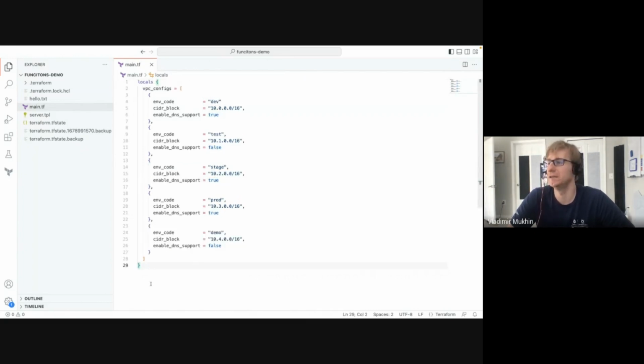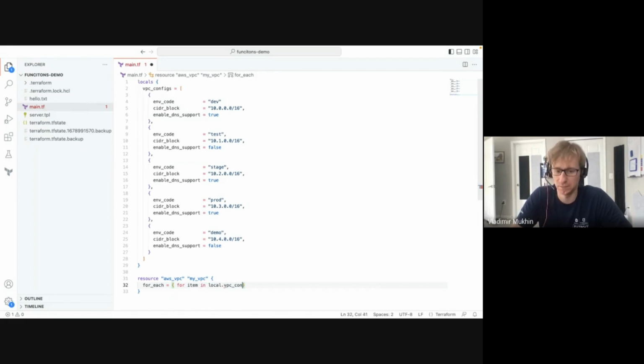Now, how can we iterate through this data structure and create our resources? Using for each, obviously. So it will look something like that. For each equals for item in